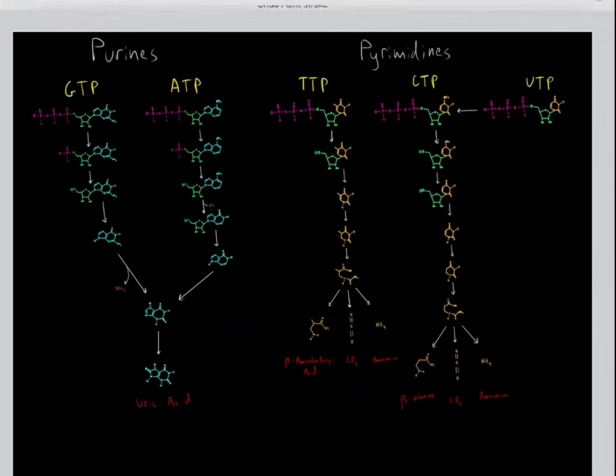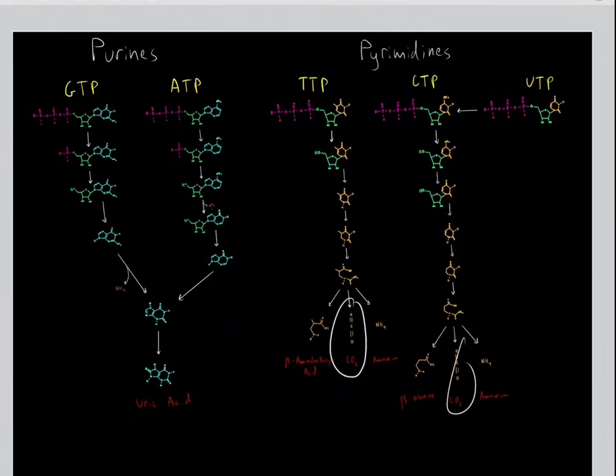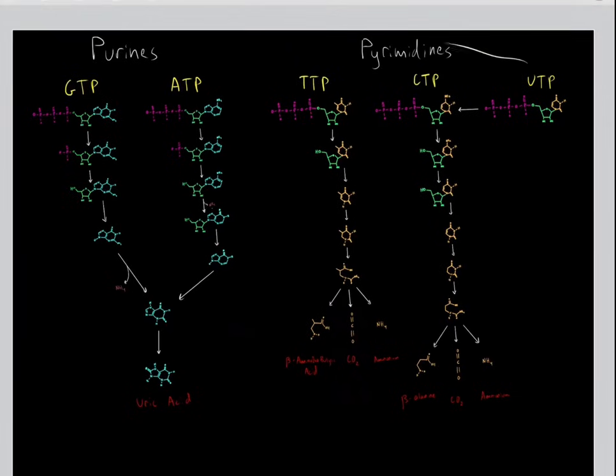For example, GTP, we can degrade it where we get rid of the phosphate groups, then we hydrolyze this bond, releasing this nitrogenous base, which we can then catabolize to form uric acid, which can safely be disposed in our urine. And the same thing with the pyrimidines. We can degrade these pyrimidines to form these end products, which can, for example, CO2 we can simply breathe out. Ammonia gets converted into urea, which can be safely disposed of, and these compounds can also be safely disposed of. So we can biosynthesize these nucleic acids, but we can also safely degrade them and get rid of these waste